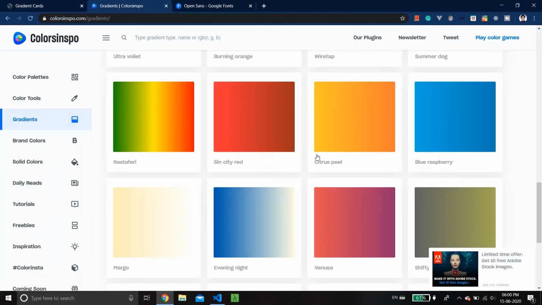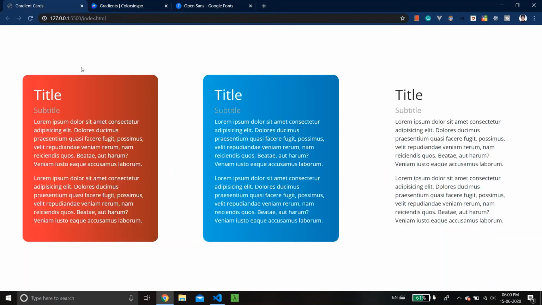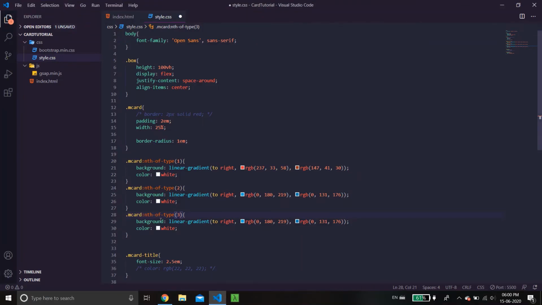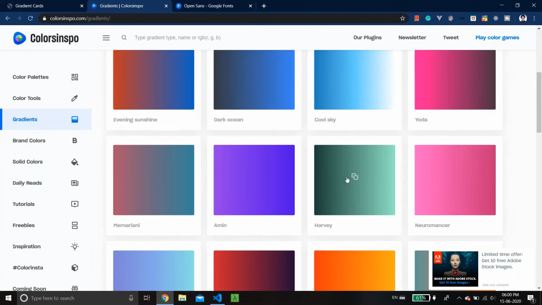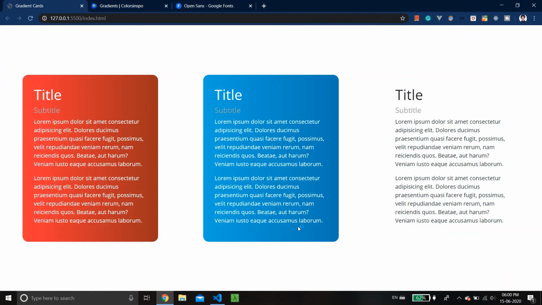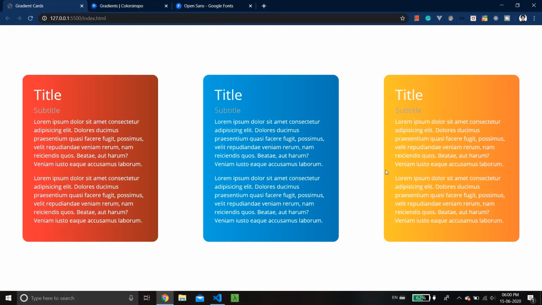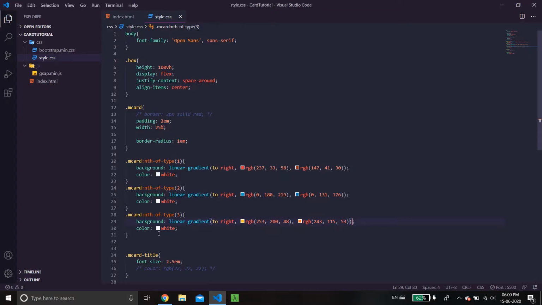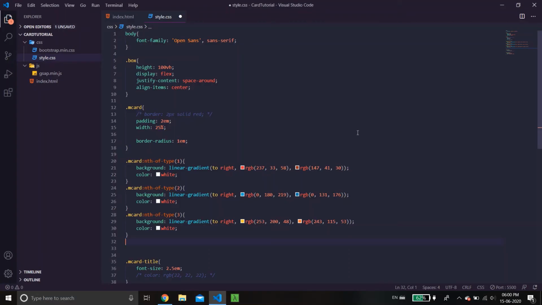Third one, I think I used just these three. I think citrus peel. I mean, you can experiment with anyone. I saw this gradient that I like above here. Harvey, no, this one, Moonlight Asteroid. This is also good, but it won't fit with the harmony of my current gradient setup. There you go. So in this case, what I'm going to do is, since this is white, it doesn't look as pleasing. The contrast is a bit off.